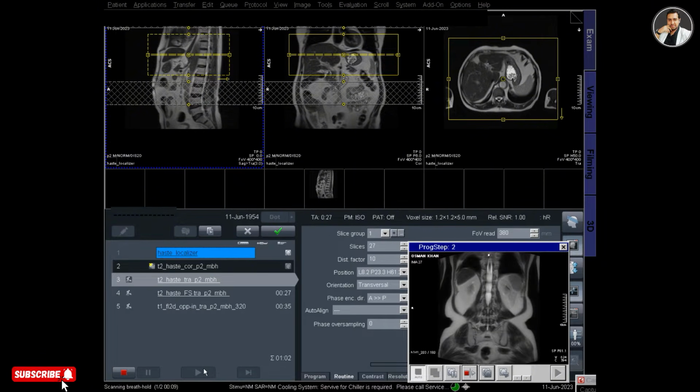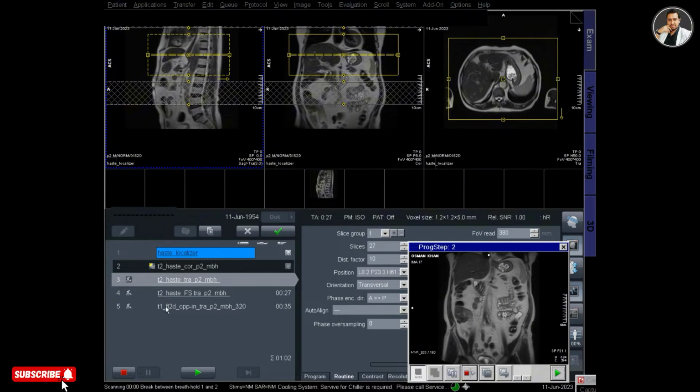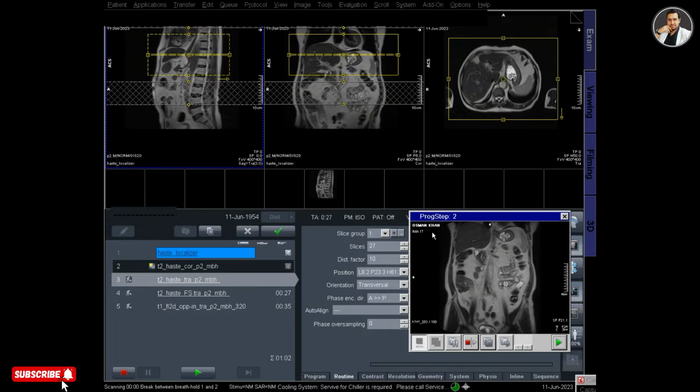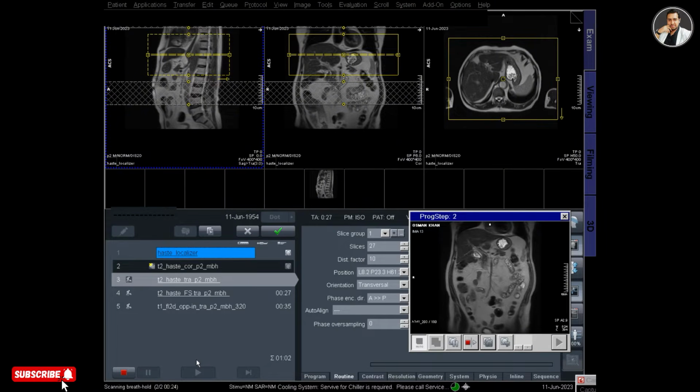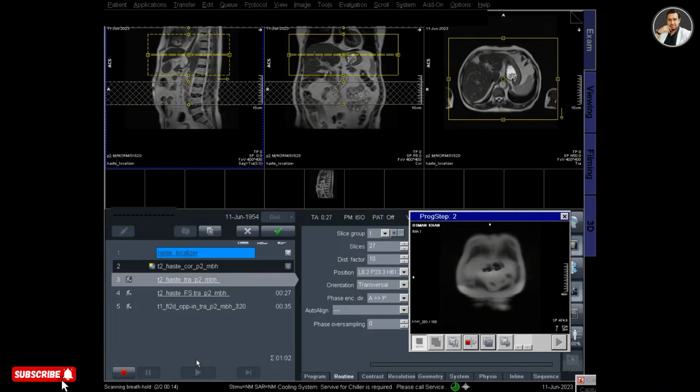You can see on the progress step window that the image is coming and the scan is continuing. So now this is the break between the first and second scan, and the patient is now taking a breath, and again tell the patient to hold his breath and then continue, and the second phase of this HASTE coronal will scan, and you can see the live images on the progress step window.